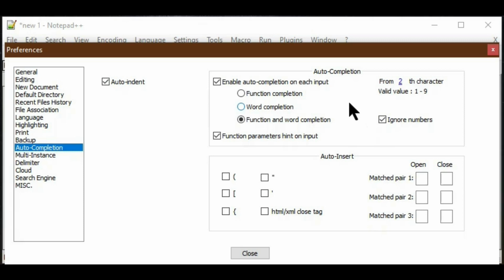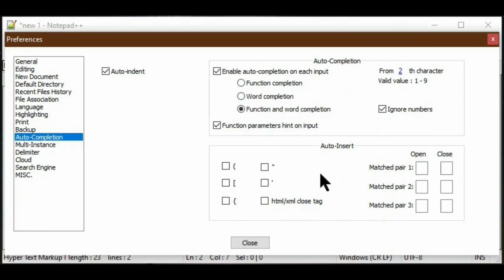Then only that keyword or syntax will be completed. So the Notepad++ auto insert function will help to close the end of these brackets. Suppose I check the all-bracket checkbox, then it will automatically close the end bracket after the completion of our code. Same way for making any string in that code, we have to write a quote, single quote